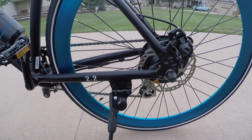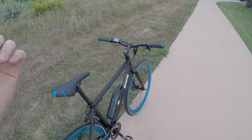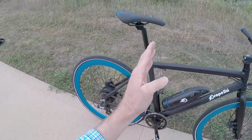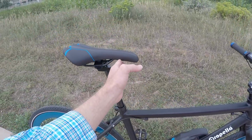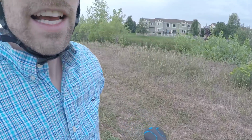So that's really cool. I did weigh the bike, pretty impressive. 37.6 pounds, and the website says 37 pounds, so that's great. The battery pack, 3.3 pounds, and then the motor, 7.28 pounds. It's fairly well balanced. I weighed it from about here, and it didn't tip forward or back. At first, I was weighing on the saddle, and by the way, this is the stock saddle, so it is a little bit more sporty and narrower than the other one. I asked him about that, and he's like, we just sent you an extra saddle to see what you thought,